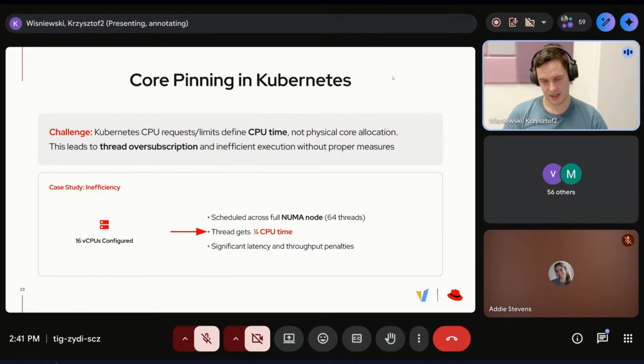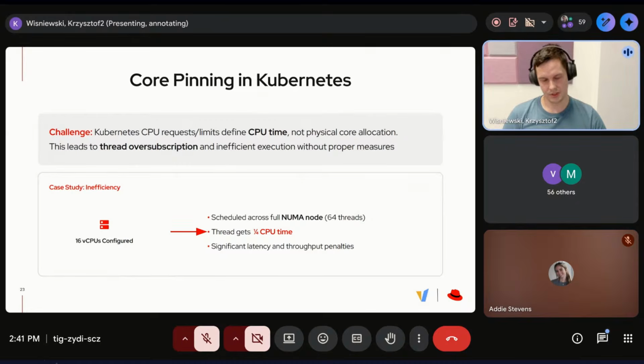When you request some amount of CPU in Kubernetes, you are not telling it, for example, give me 16 cores. You are telling it to allocate the time of 16 cores. The request is what is guaranteed for you, and the limit is what the process can take at the max.